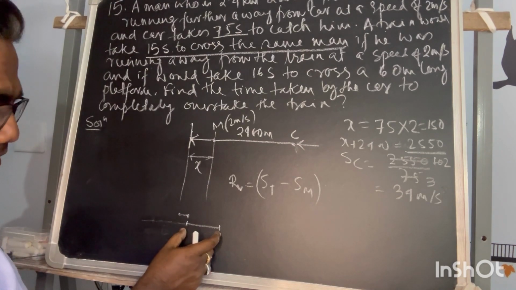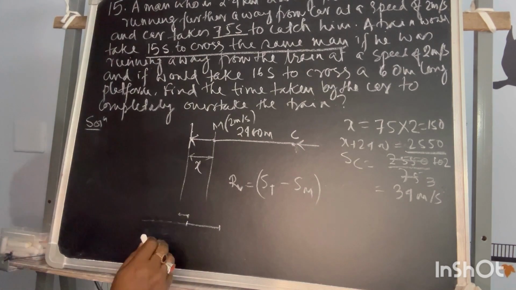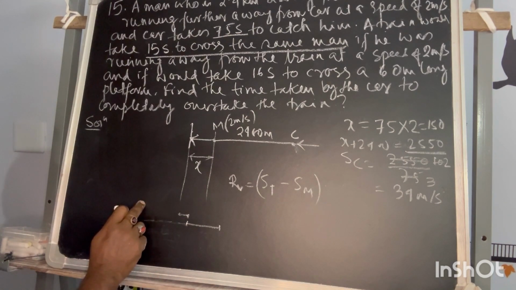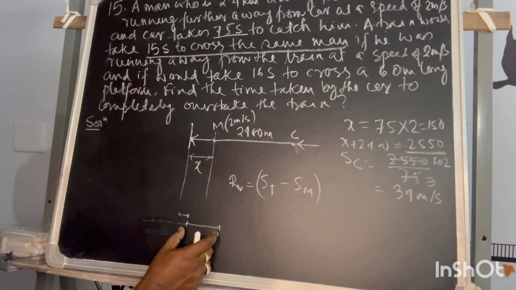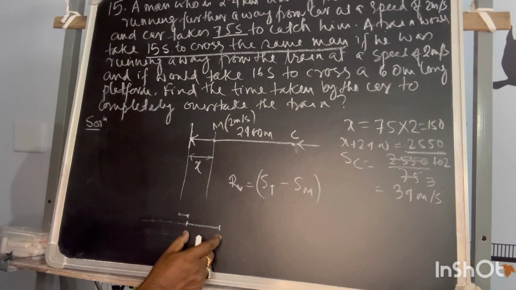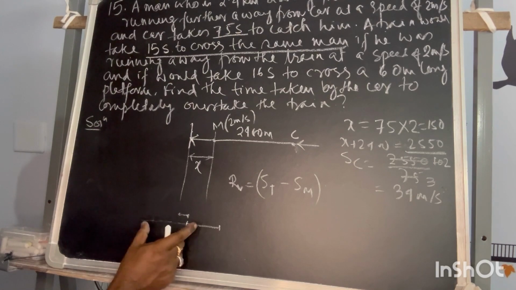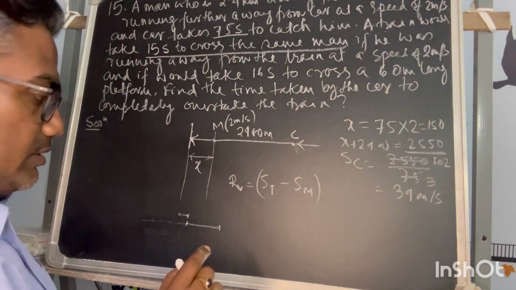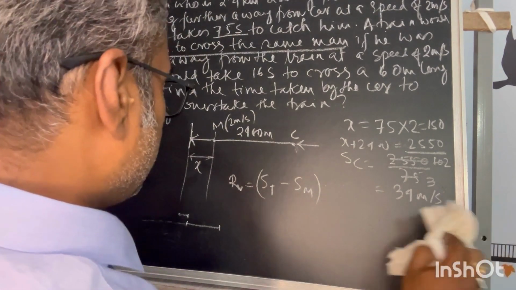train length. Otherwise we can take it in another way also, you can take how much the point is moving in 15 seconds and how much distance is added to the length of the train in 15 seconds. That will give the train speed. Both ways you can do. What I mean to say,